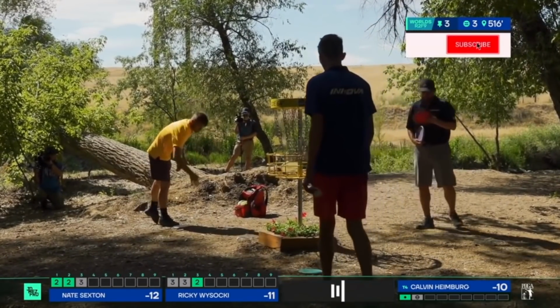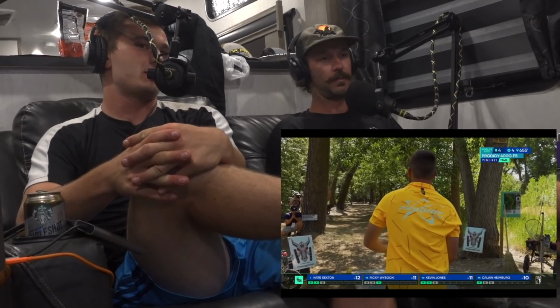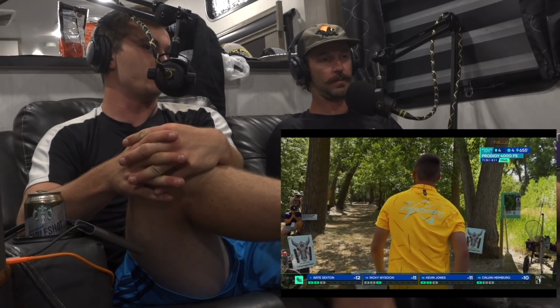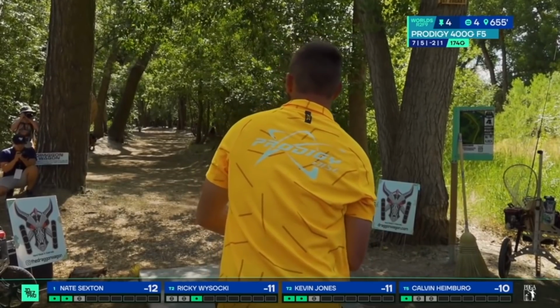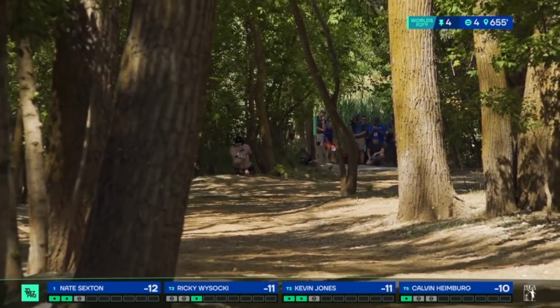Pretty stress-free. You went with glidey, stable D2 off the tee, was that right? Yeah. I don't remember the exact wind. It was probably a little bit of headwind, which would make you even more cautious. This is the aggressive play? Very dangerous hole here, but